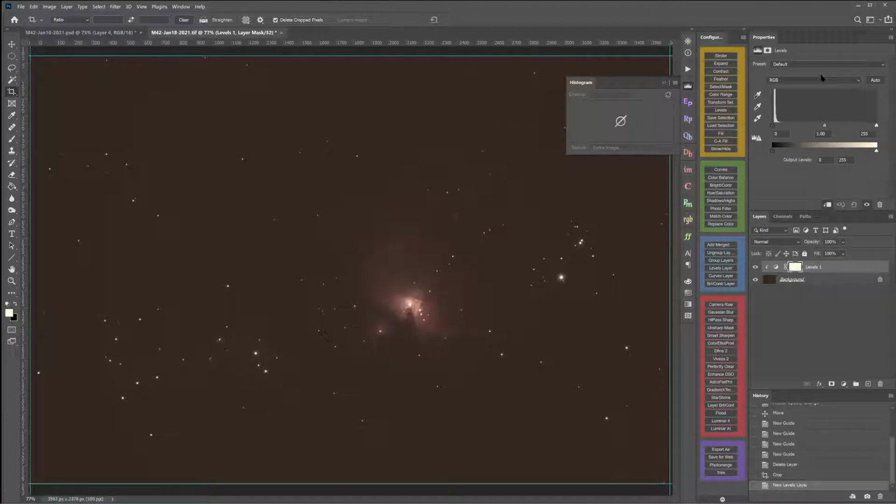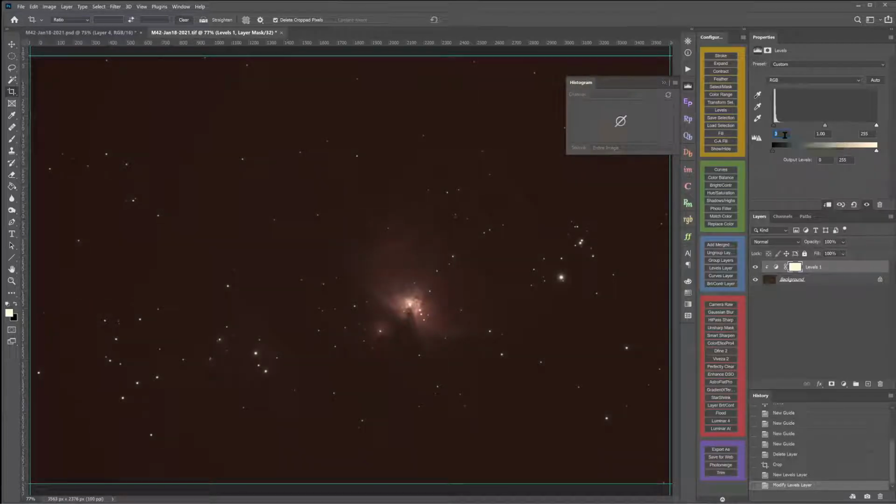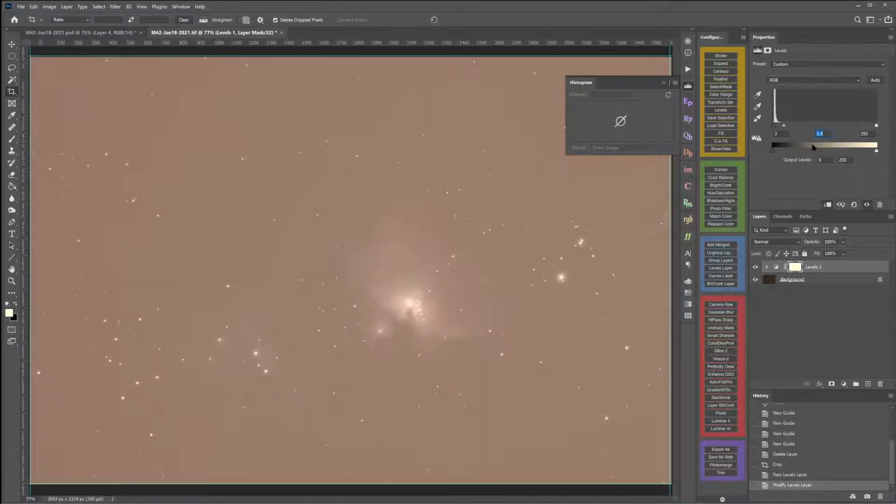And looking at the properties dialog up here on the right, what I'm going to do is, if we've got any space to the left of the histogram, giving us a little bit of area to work on the shadows, I will bring that in to where the curve starts as best as I can visualize that small histogram. So a point of 3 there. And then this is kind of what Nico was showing. We'll move the midtone slider down to where the curve starts at from the right side, which is about right